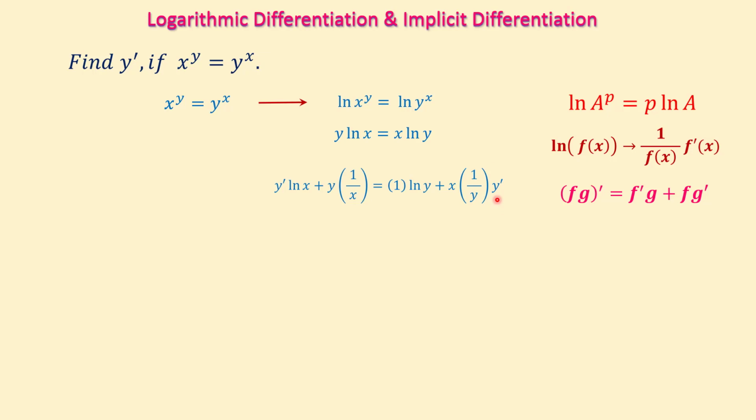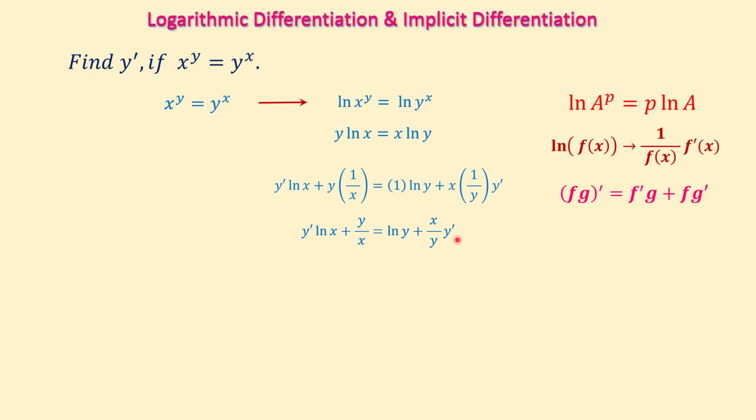Before going to the next step, let me simplify this expression. Y prime ln of x plus y times 1 becomes y over x, equals 1 times ln of y is ln of y, plus x times 1 becomes x over y times y prime. Now, to find y prime, we have to move the terms involving y prime to one side of the equation and